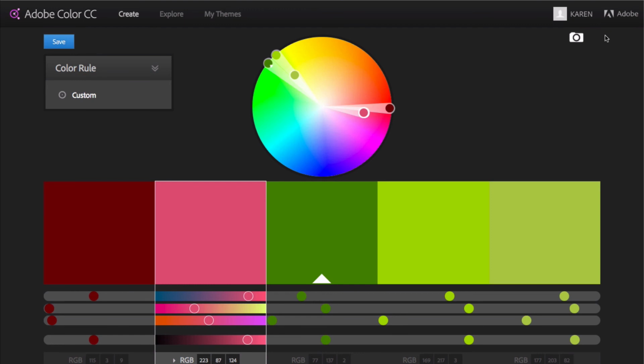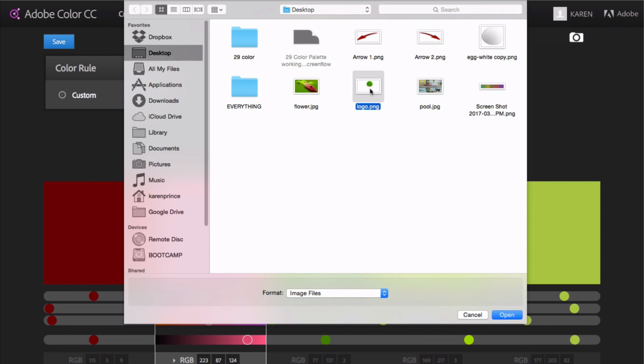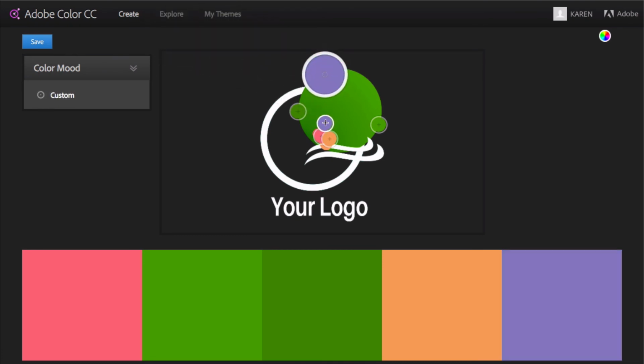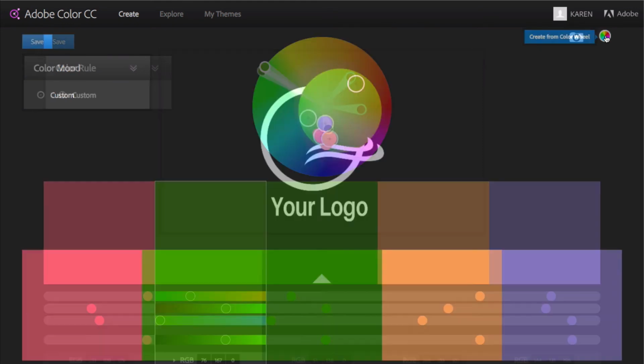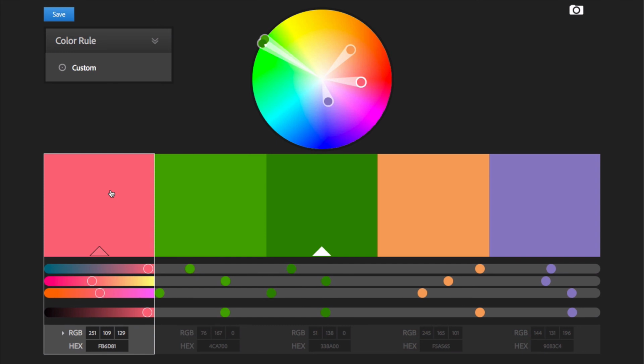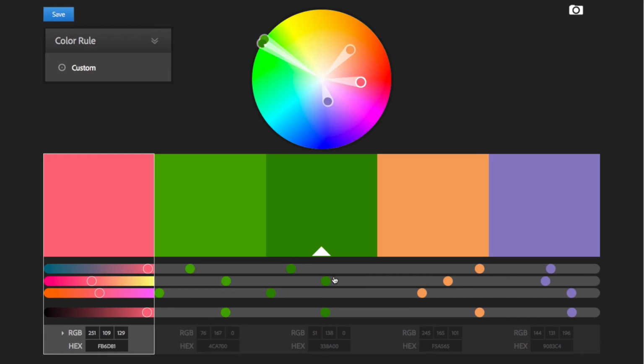If you have a logo or corporate colors that you want to include in your project, choose that, and once it's inside Adobe Color, you can move the color pickers to the exact colors you want to record. Click back to the color wheel and you'll be able to read the hex values for your colors. If you've signed in, you can save your palette, but if you haven't, you can simply take a screen grab